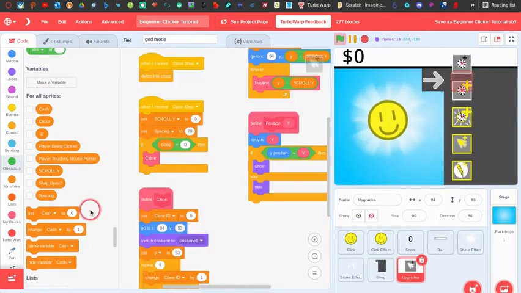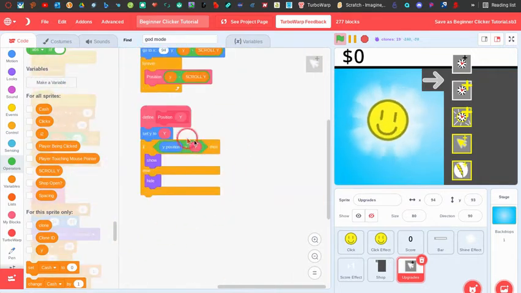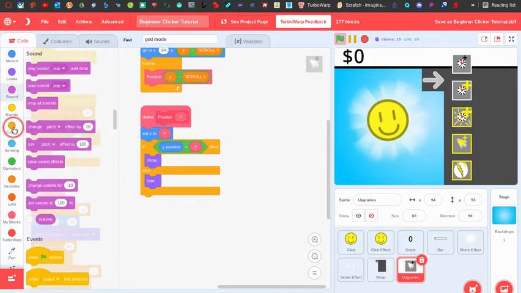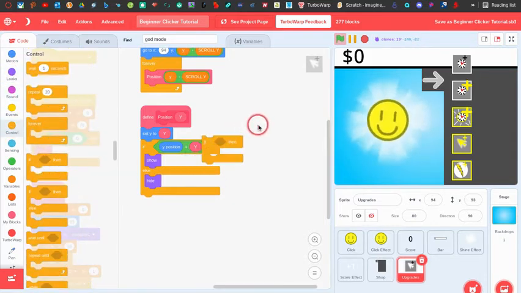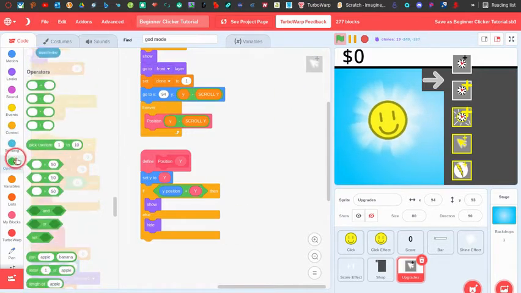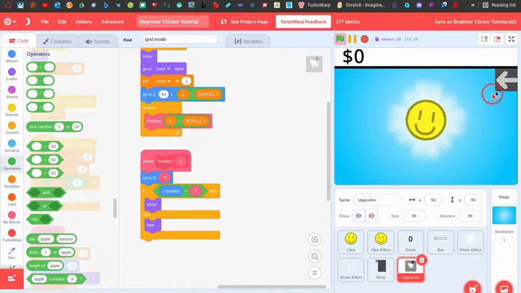So let's also say, okay, so that's a problem. So we can just say y minus score y. So everything goes up except that's kind of hard because it would like go up to